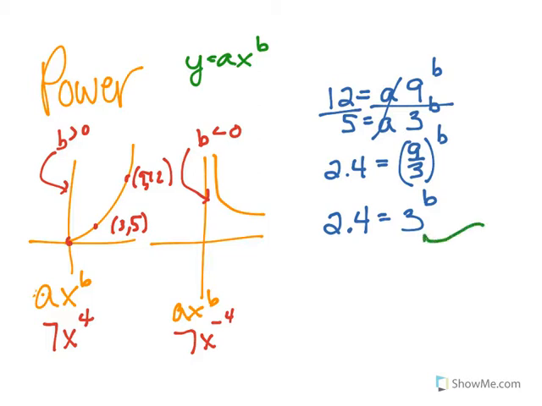I just said equation, so I'm going to cut down this tree. So when I cut down a tree, I get a log. I'm going to get a base, which is 3. And then when I cut this tree down, the exponent went as far away as it could. So the exponent goes all the way over here, and then I fill in my 2.4, and lo and behold, an equation that was hard to solve is now easy to solve, because I can do log base 3, 2.4, and enter, and I get